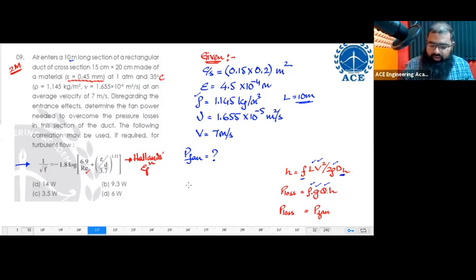Now how do we find the value of f? The formula is here. But to use that particular formula, what is required? Reynolds number is required. You have to find out Reynolds number, and then after finding Reynolds number, you have to find out f. And for finding Reynolds number, you require the value of D hydraulic. So first the sequence has been established now. First D hydraulic, then Reynolds number, then friction factor, then head loss, then power loss, that is equal to fan